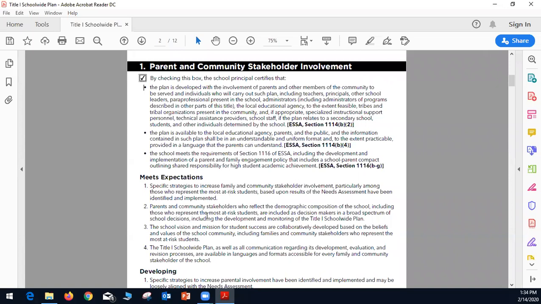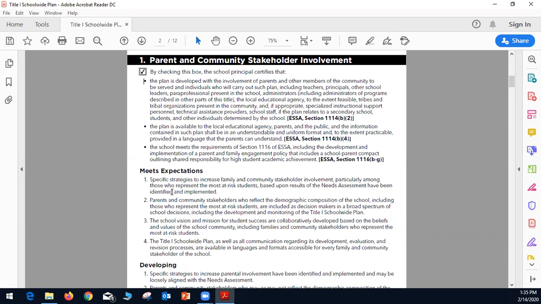Also, this is a certification that the school meets the requirements of Section 1116 under ESSA, including the development and implementation of a parent and family engagement policy that includes a school parent compact outlining shared responsibilities for high student academic achievement.